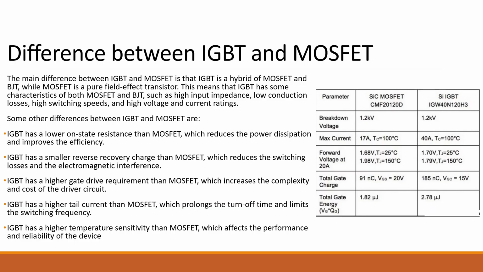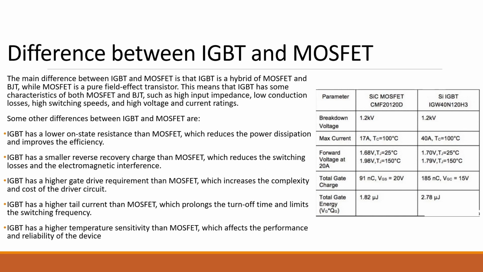The main difference between IGBT and MOSFET is that IGBT is a hybrid of MOSFET and BJT, while MOSFET is a pure field effect transistor. This means that IGBT has some characteristics of both MOSFET and BJT, such as high input impedance, low conduction losses, high switching speeds, and high voltage and current ratings. Some other differences between IGBT and MOSFET are: